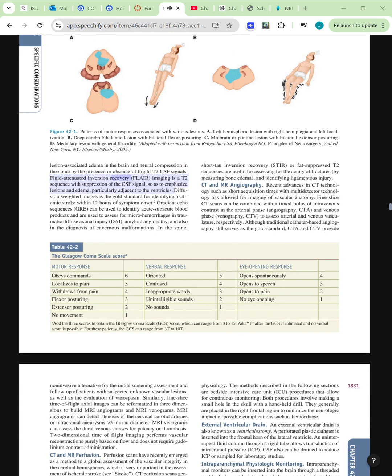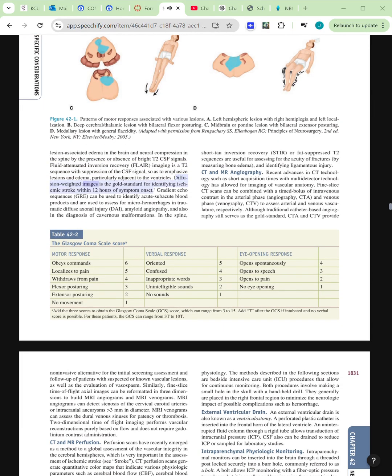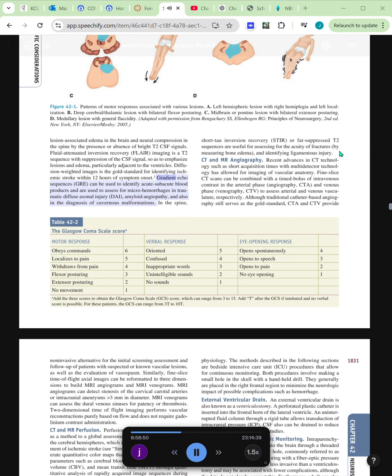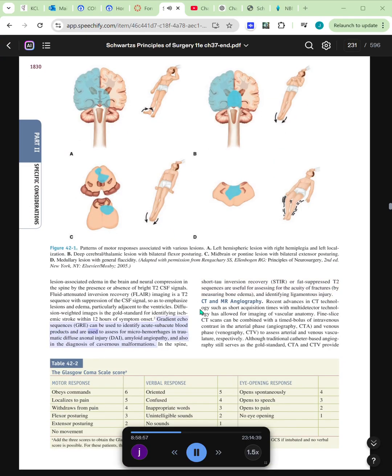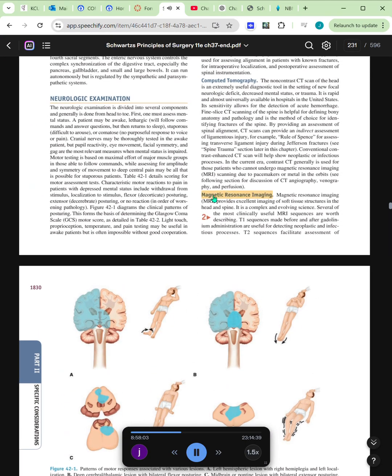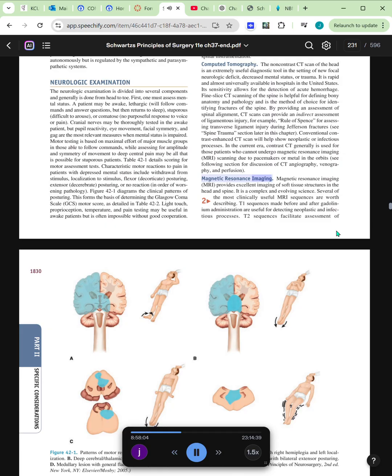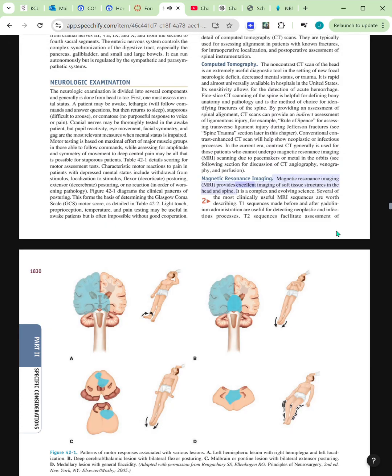Fluid-attenuated inversion recovery imaging is a T2 sequence with suppression of the CSF signal so as to emphasize lesions and edema, particularly adjacent to the ventricles. Diffusion-weighted imaging is the gold standard for identifying ischemic stroke within 12 hours of symptom onset. Gradient echo sequences can be used to identify acute and subacute blood products and are used to assess for microhemorrhages in traumatic